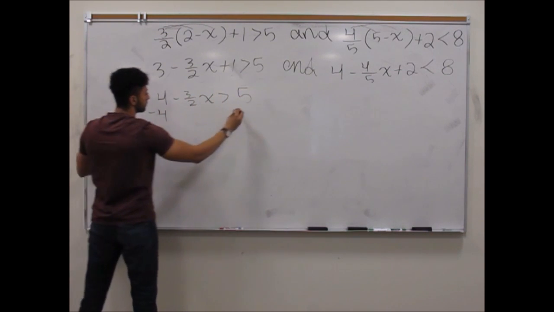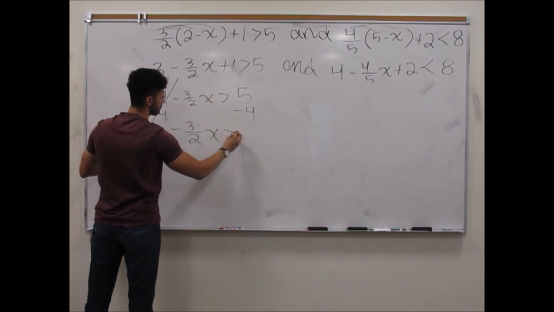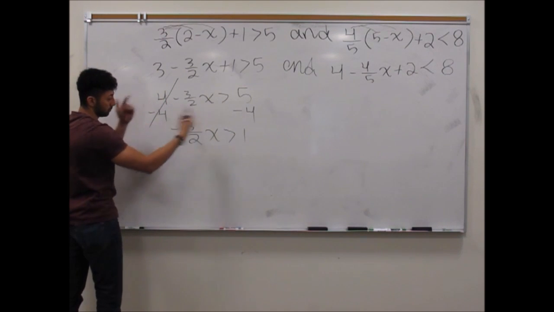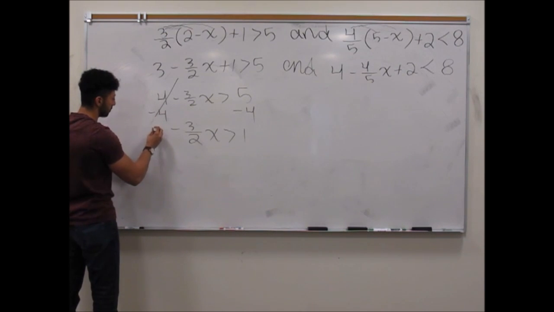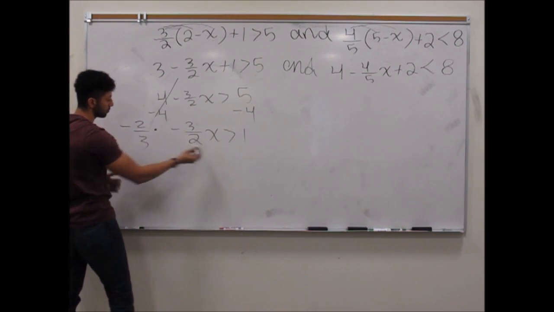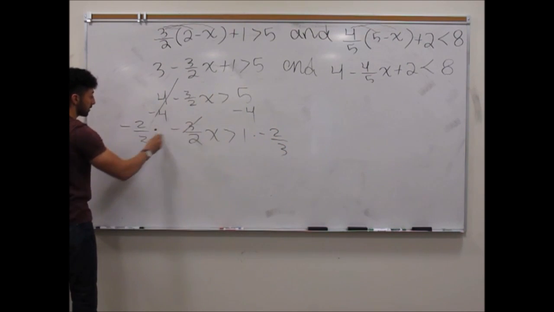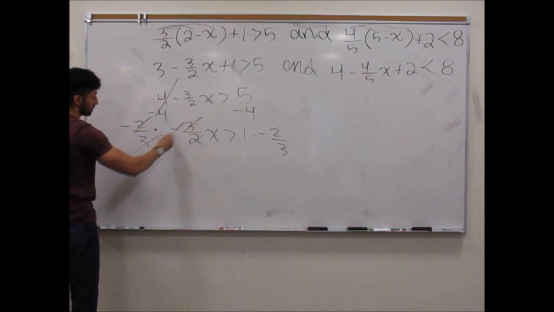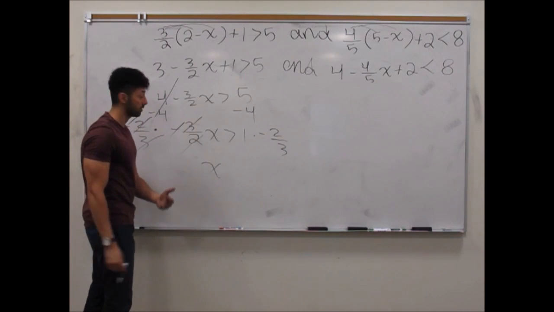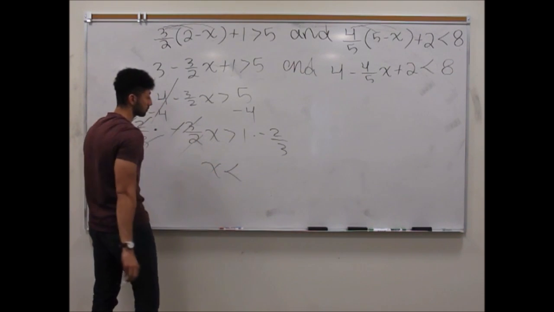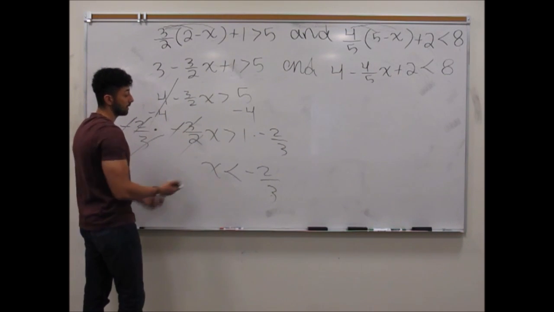Subtract the 4. Negative 3 half x is greater than 1. You could multiply both sides by a negative. So what I'm going to do is multiply both sides by a negative 2/3, multiplied by the reciprocal and the negative. So these 3's cancel, the 2's cancel, and the negatives cancel. So I just get x, and when you multiply or divide by a negative, the sign flips. That's just negative 2/3 times 1. So I get that, and